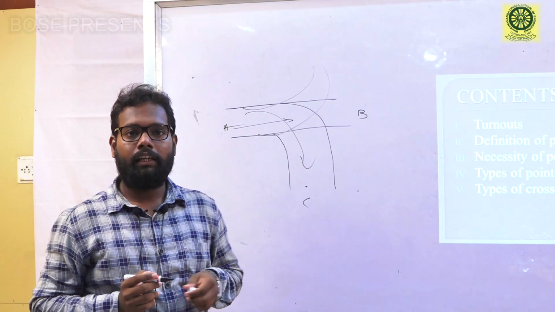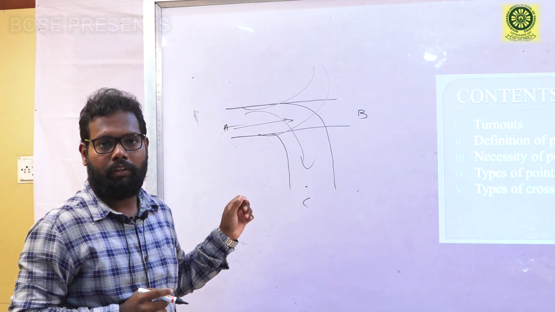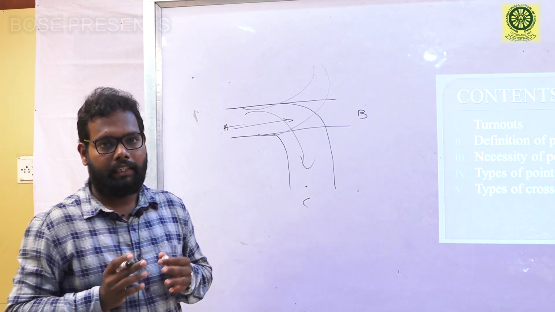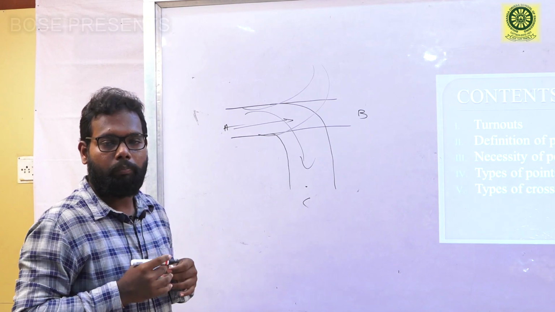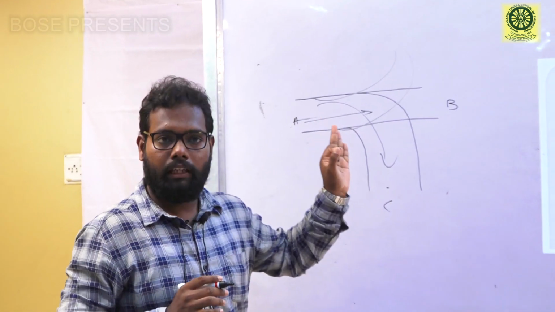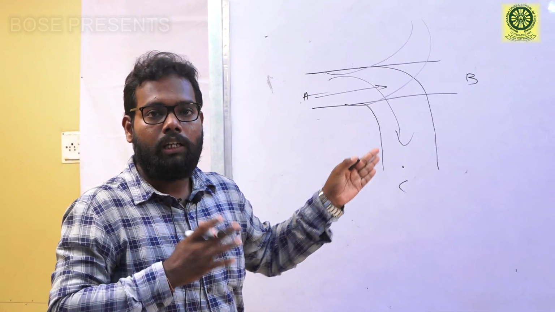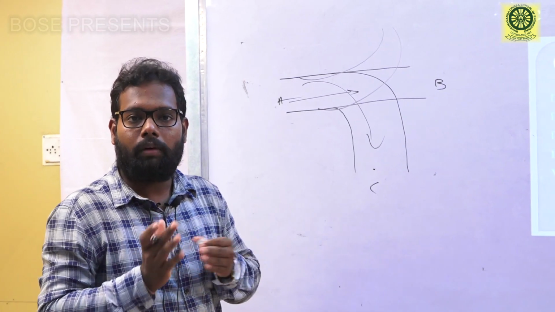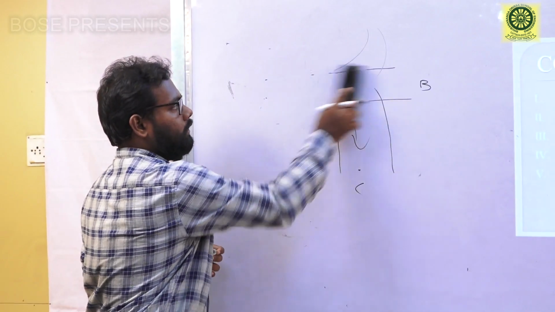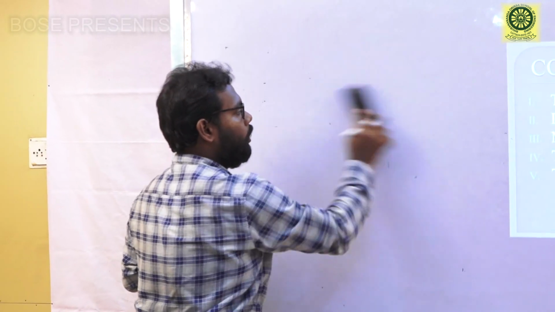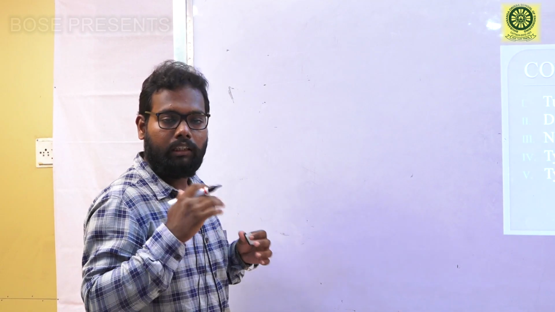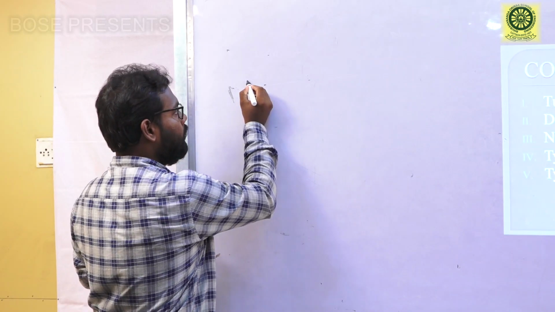But in case of railway, it is not as simple as in case of highway, because in a train there is no steering, and the loco pilot cannot steer to left or right to choose its own path. So in case of railway, we take the help of point and crossing to choose the path of the train. Now I will draw a diagram of turnout, then we can discuss point and crossing. Okay, now look at this.